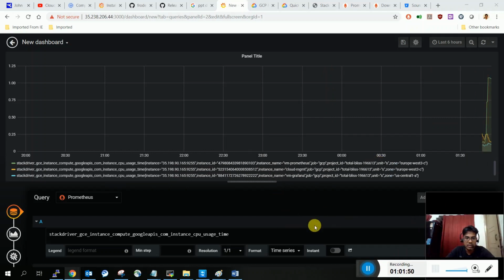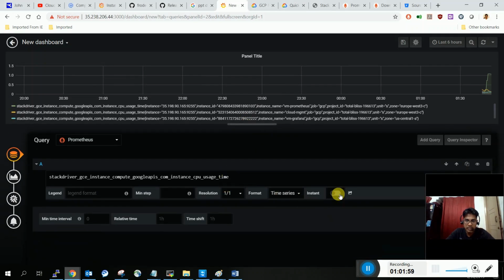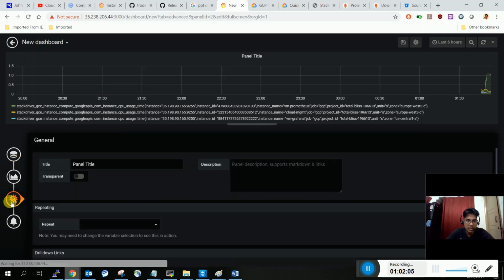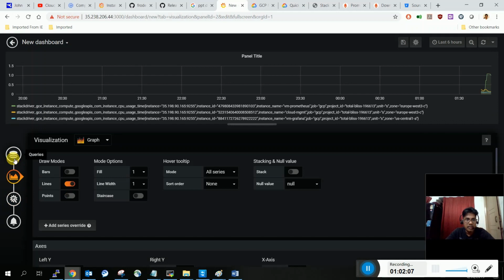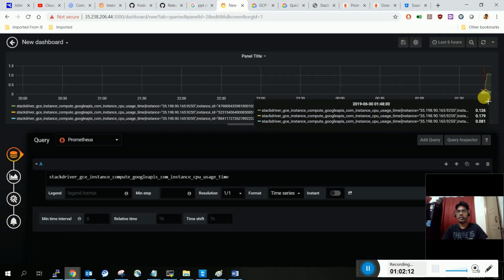You can adjust it with some timings. I'm just looking into it. Okay, so you can see some values of 0.26 for one VM. I think 0.17 is our